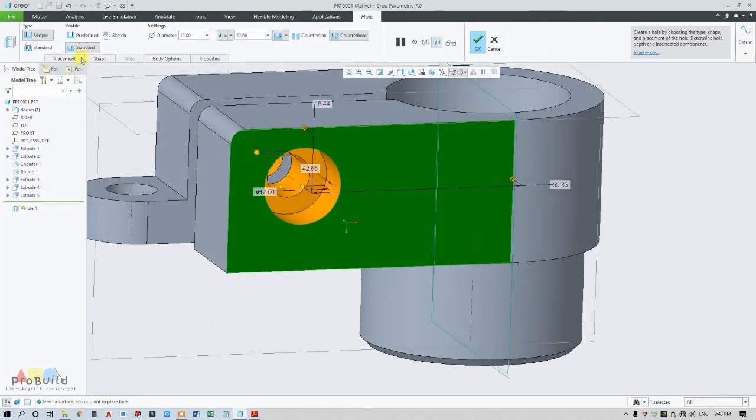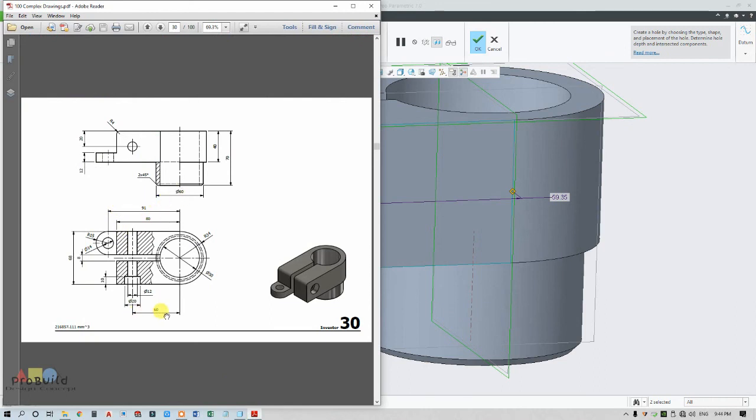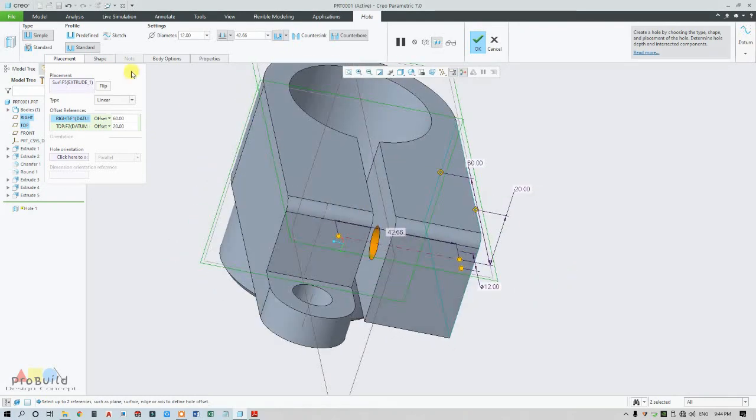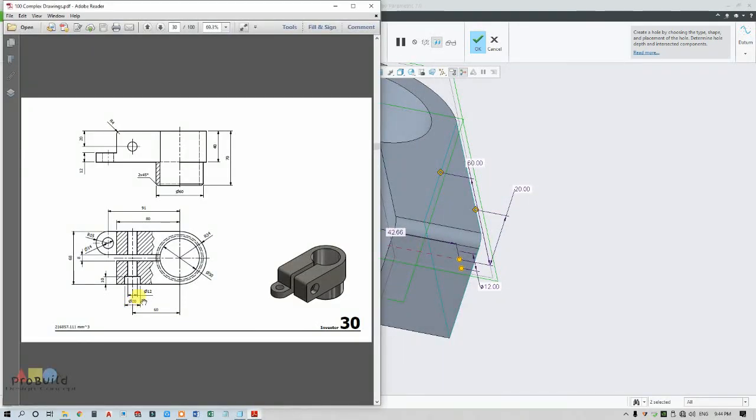From here this is 20 and from here this is 60. In shape I need to change here to 20, 12, 10 and all the way down.